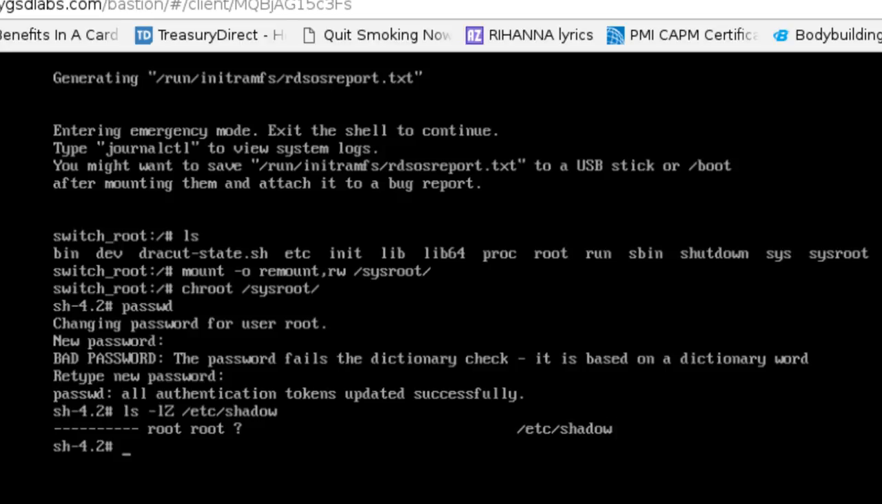So one way to restore the context of the /etc/shadow file is by loading the SELinux policy. So we say load_policy -i, and that's going to load the modules necessary for the system to be able to